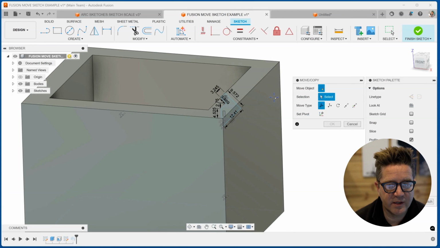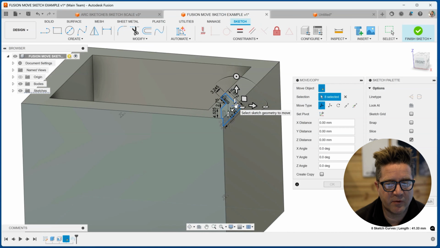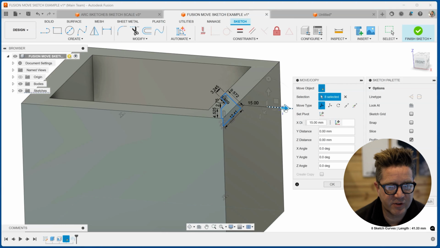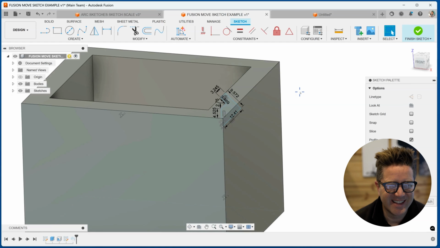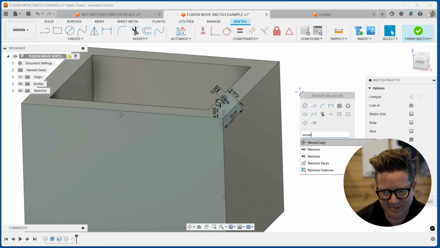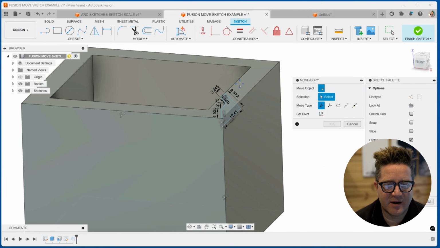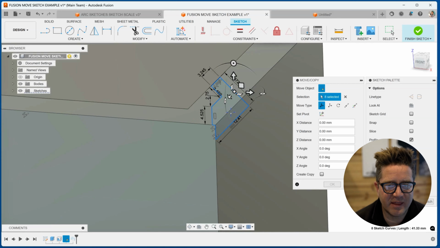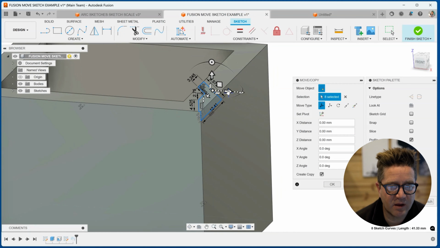Okay, what we're going to do is we're going to select everything. But before you move anything, if you try to move it, the create copy goes away. That's a gotcha. Not a big fan. All right. A lot of challenges with this one for sure. All right, so I double click on the sketch entities, and what I want to do is choose create copy before I move anything. And now I'm going to move it over